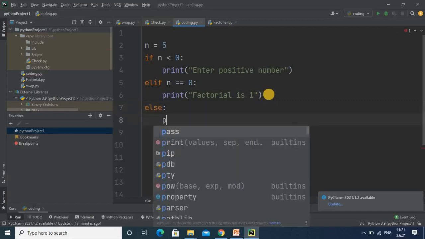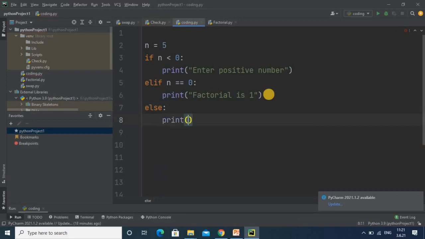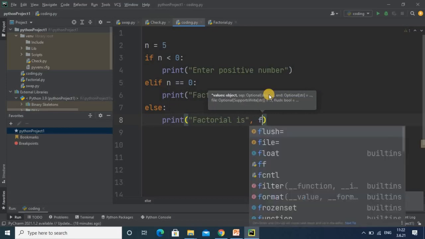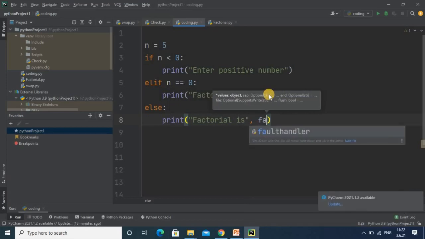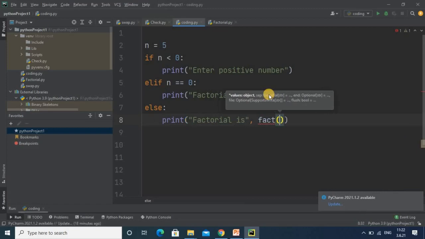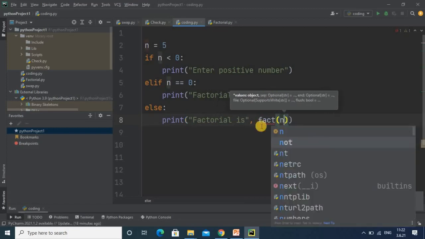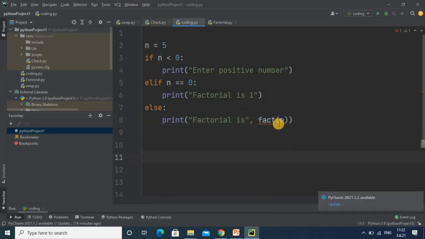Here I am taking an output statement, writing factorial is, and for that I am taking the help of a function: fact of variable n, means I am calculating the factorial by using this fact function.